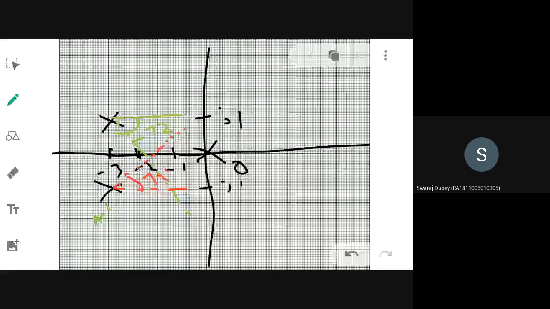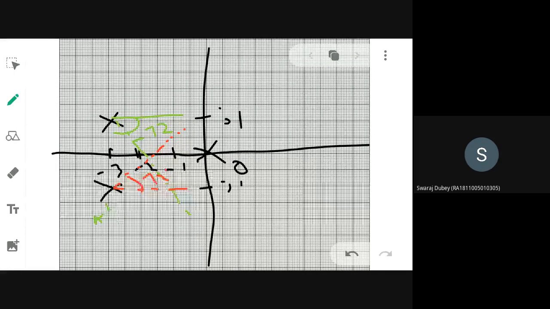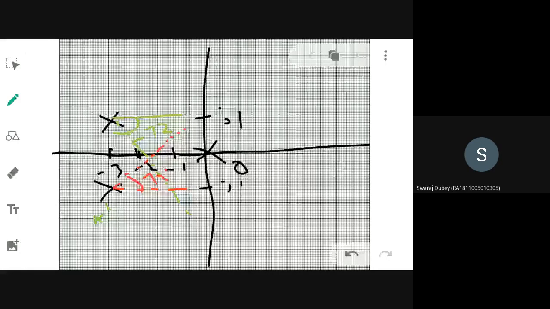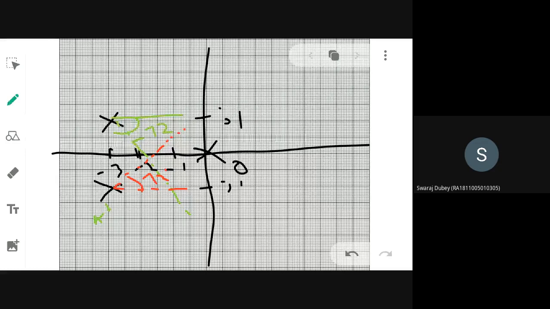Have you done it? Remember, you have to do it in the same graph sheet only. You cannot use a separate one. In order to make it clear for you, you are telling that it is very clumsy, so I am using a separate graph. Now tell me what are the breakaway, break-in points possibility that you are having. We have just now found out that both the roots will be breakaway, break-in.